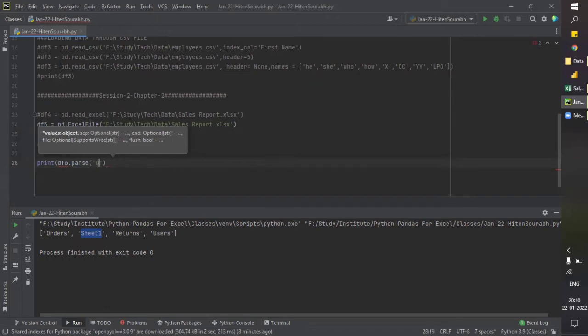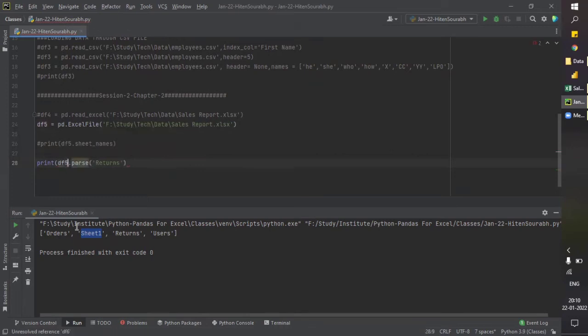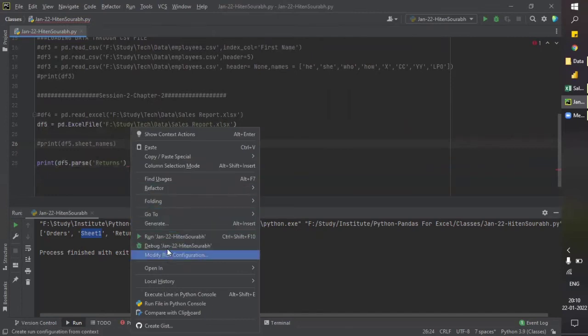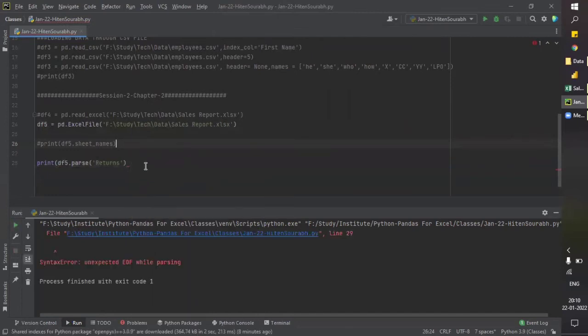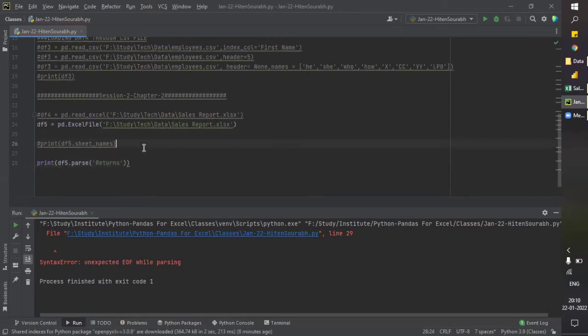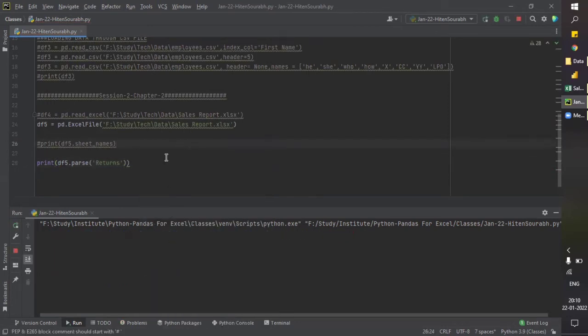Orders, let's load the file name returns. Oh, my mistake, there is no d65, and one more parenthesis needs to be closed. Let's run this.